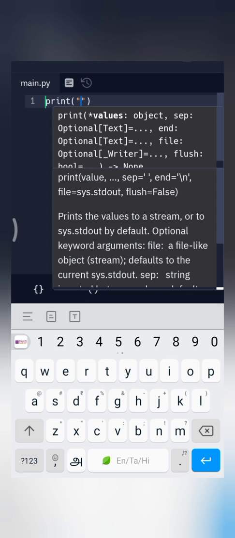It should not be a single quotation. Whereas if you're starting with a single quotation, you should end with a single quotation. So don't get confused with that. To output a message, I'm just giving